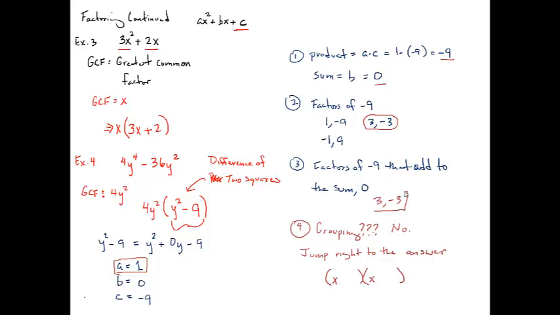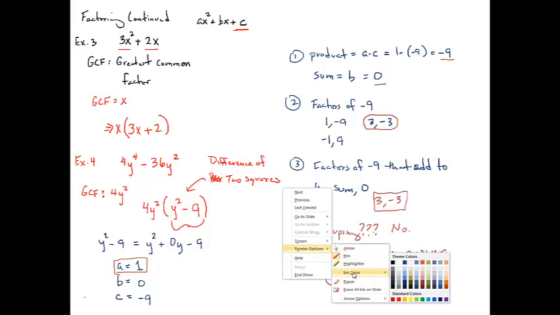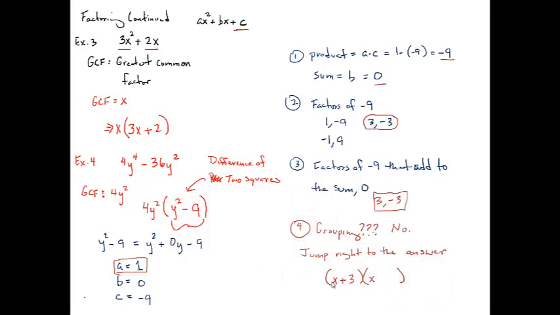These are the factors. This is a positive 3, so that's x plus 3. Why am I using x's all of a sudden? They should be y's, shouldn't they? Let's change that to a y. You don't mind if I write over this, do you? Okay, good. So that should be y plus 3. And the other one is negative 3, so that should be y minus 3. So this piece, y squared minus 9, is the same as saying y plus 3 times quantity